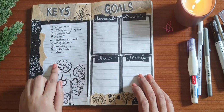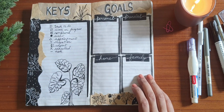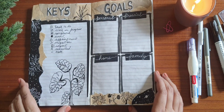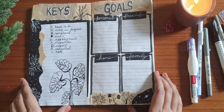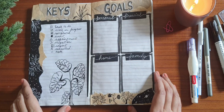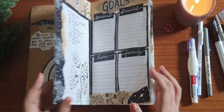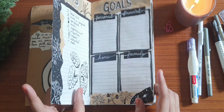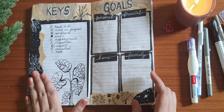In this spread, I kind of drew the keys. It is pretty much similar to the pioneer who started this bullet journaling. And on my right side, I have divided it into 4 categories based on all 4 domains of my life. All the goals have been divided in these 4 domains of my life, which I'll be subdividing later on